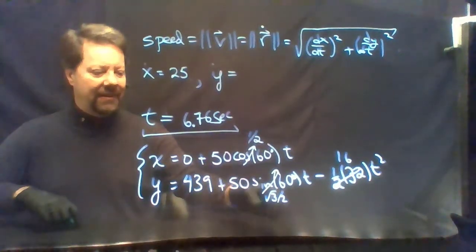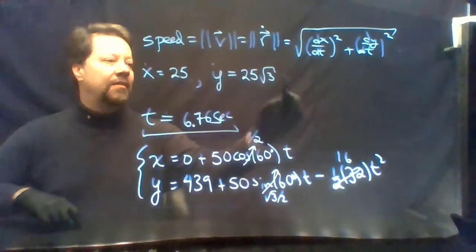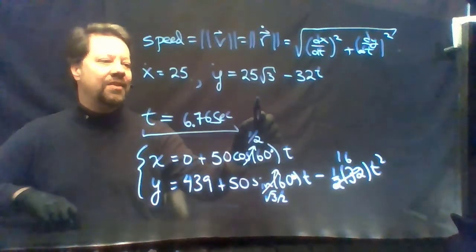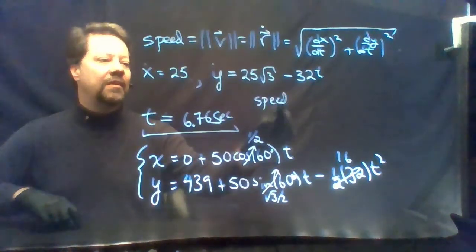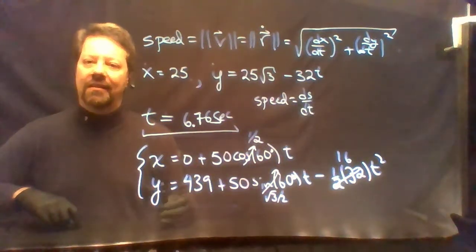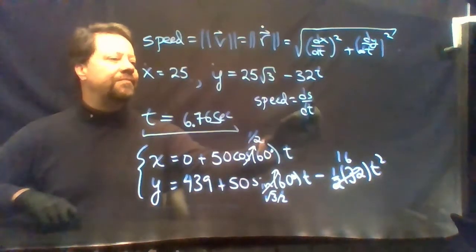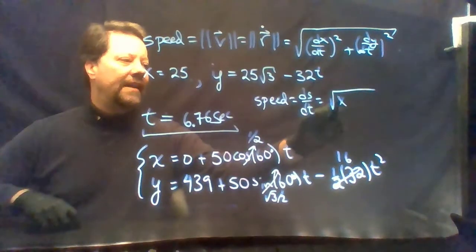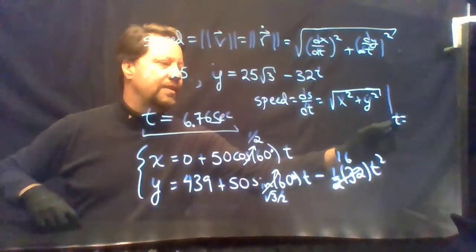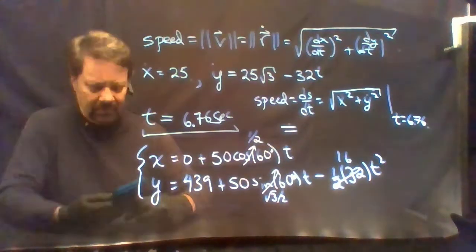Y dot is 25√3 minus 32t. So the speed, which is often denoted by ds dt because s is the arc length along the curve, the speed is the rate at which arc length is being progressed along the curve. That's the square root of x dot squared plus y dot squared, evaluated at t equals 6.76 seconds, gives us